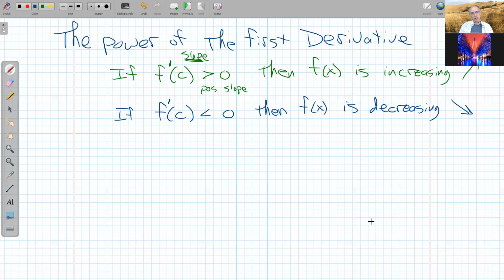So then another consequence we have of this first derivative here, if f prime of x is positive,